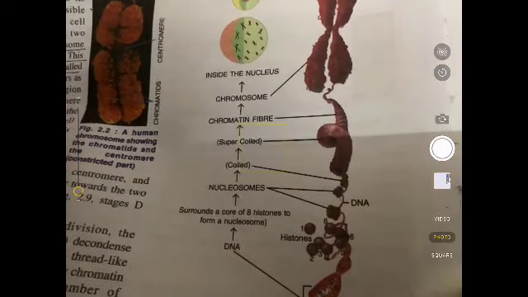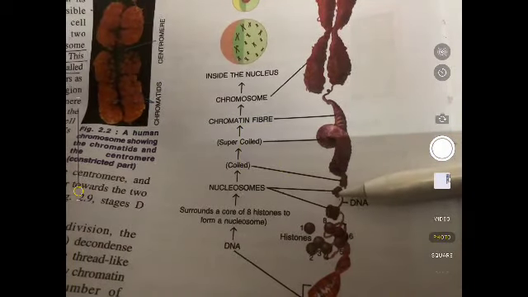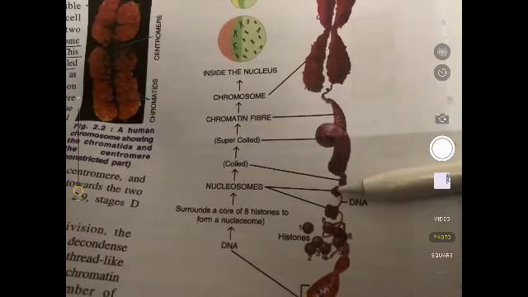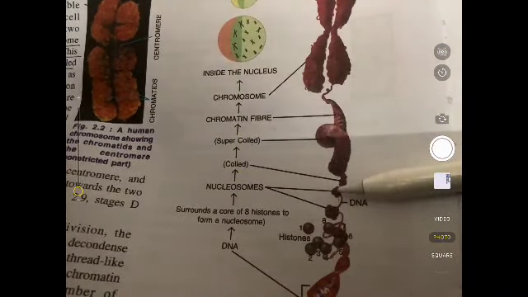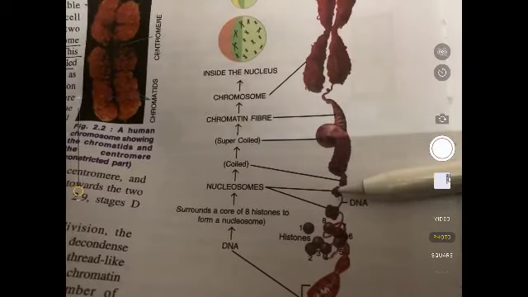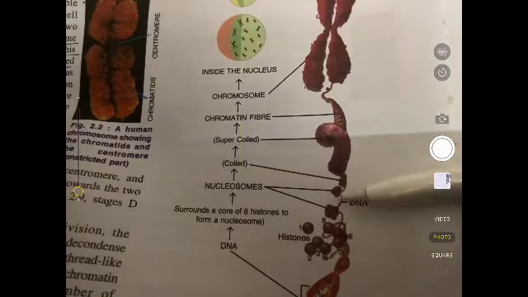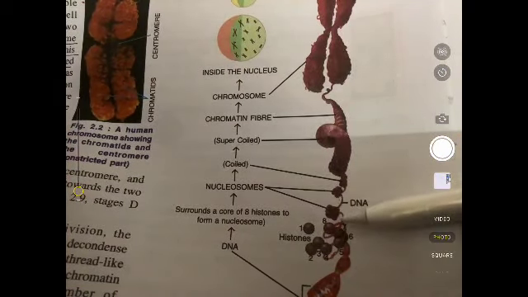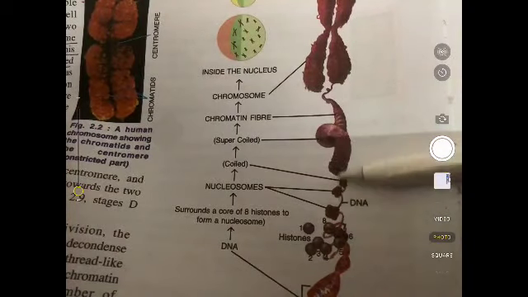Right now you see where the nucleosome is located. Actually this nucleosome is a combination of histone and DNA, and when the histone and DNA wrap together, they form a nucleosome. So these nucleosomes act like very small beads, which are combined together,